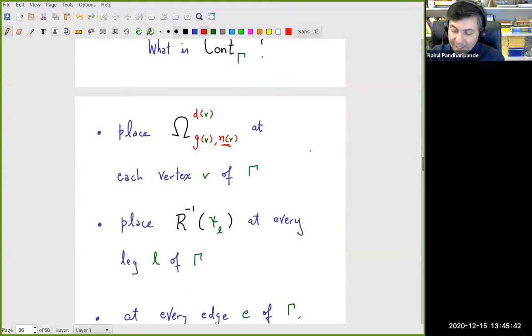When you feed it in this graph, so here's the graph gamma, and we sit at a vertex, and it has some half edges that come in. And so on that it has a genus and it has a degree. You place that omega there, but you have to feed it. And when you feed it, there are different types of half edges. One is it could be a leg. There could be some marked point here, like 7. And then if it's a leg, then you feed it